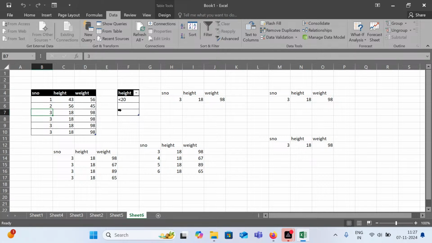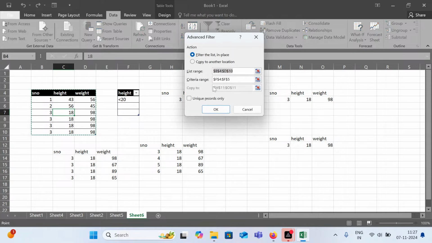that's it. See here, earlier, even though we had duplicates here, like 3 is getting repeated 4 times, 18 is getting repeated 4 times, earlier we had different values here, so that's why we were getting these many values like 98, 67. But now I have turned all the values into duplicates. Now if you press this advanced thing, for example, see, I'll do it,